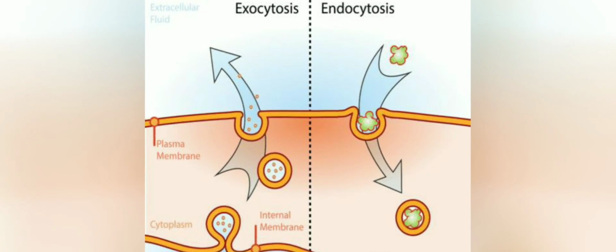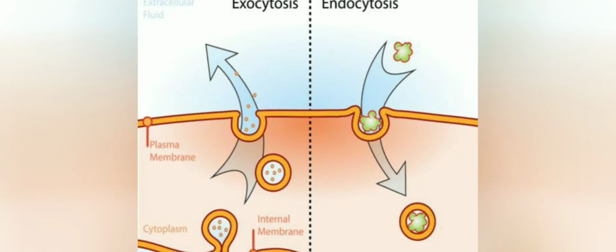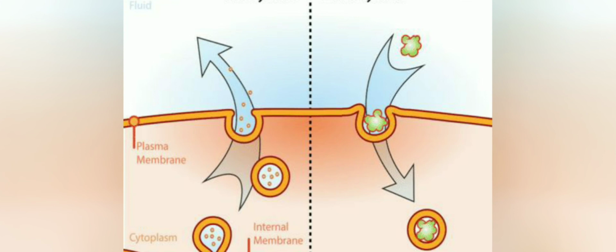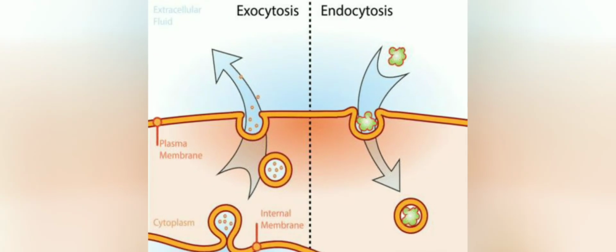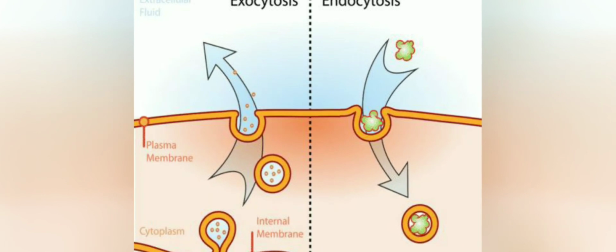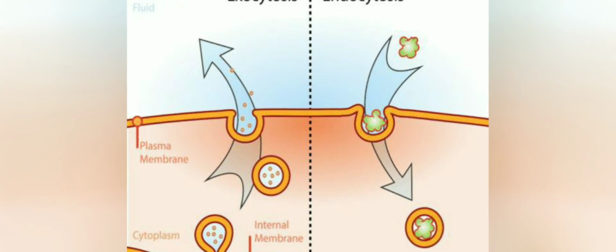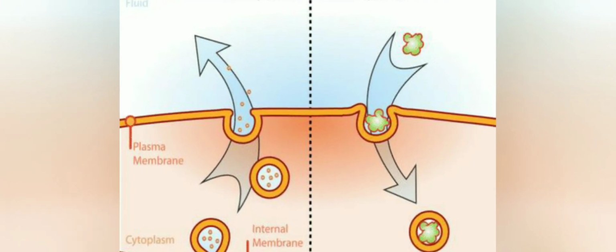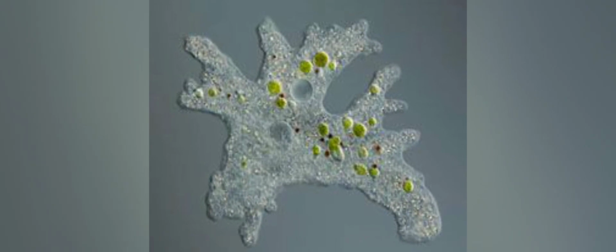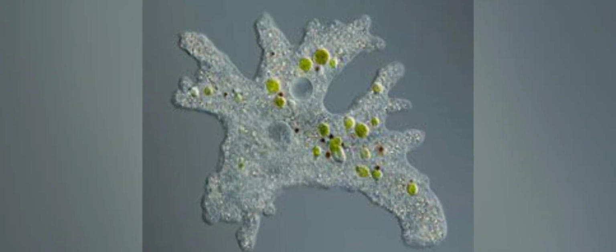Now, the flexibility of the cell membrane also enables the cell to engulf food and other materials from its external environment. See, the flexibility of the cell membrane allows the cell to take in food. Okay, and such a process is known as endocytosis, and you can see the case of amoeba acquiring food by the process of endocytosis. Right.